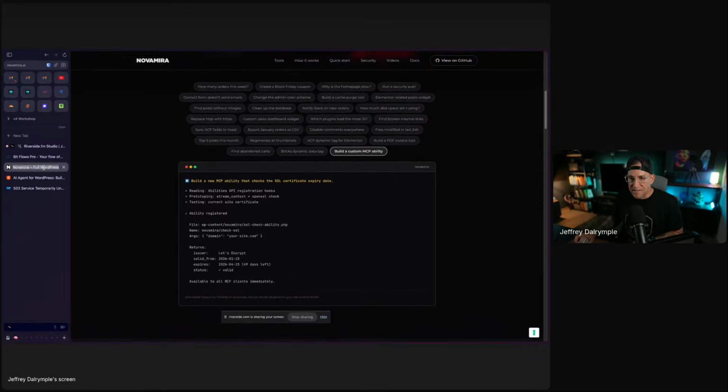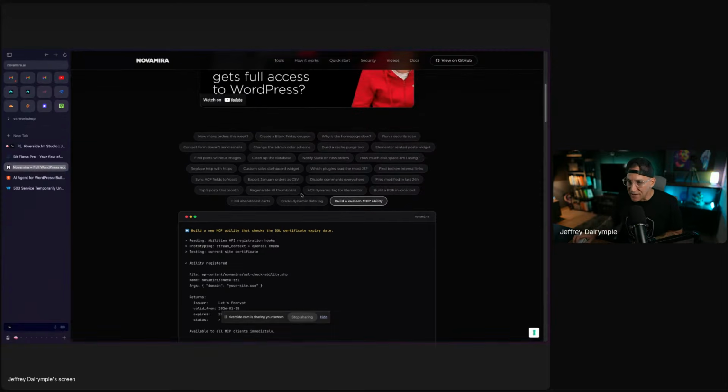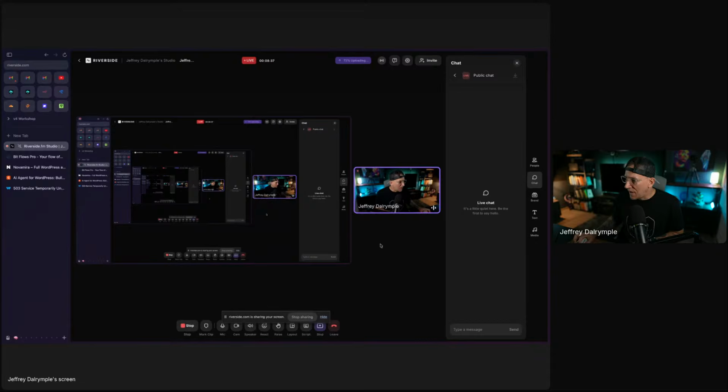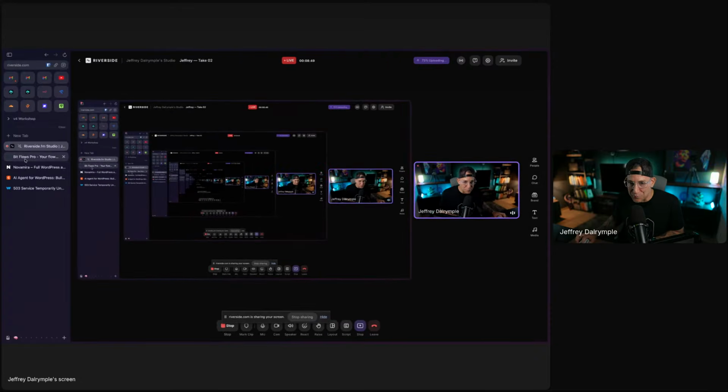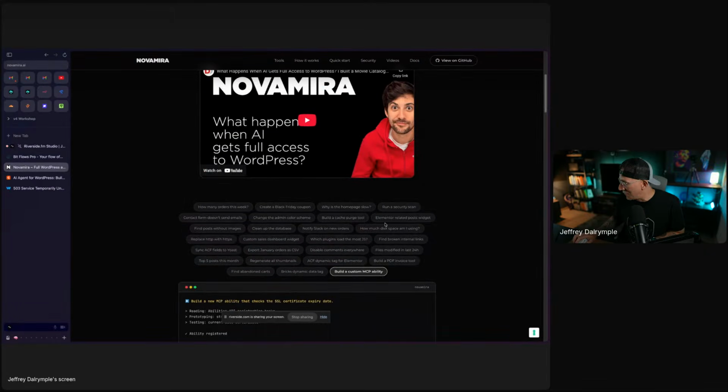I want to paste these things inside of our chat, but I can't because I can't access the chat. Hey, does this even work? Let me see if it does. I don't know. It's supposed to show the public chat. What does this download do? Okay, I gotta learn this new platform, but we're not going to do that right now. We're just going to keep the stream going, unless I see this pop up.